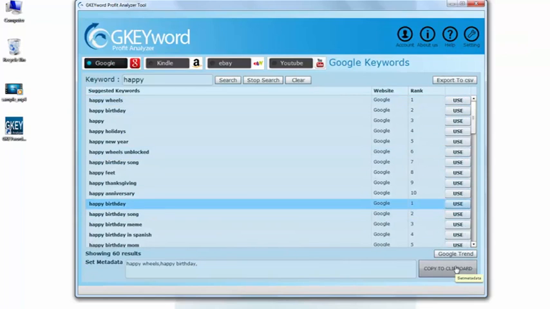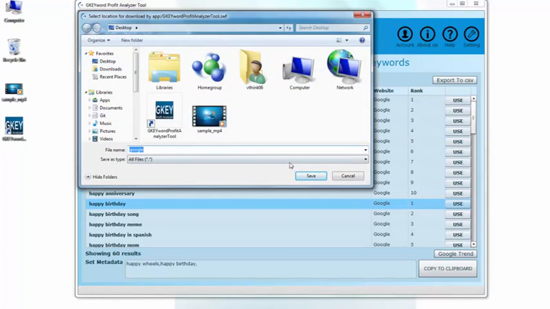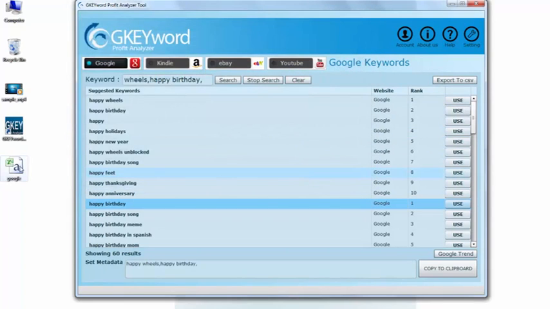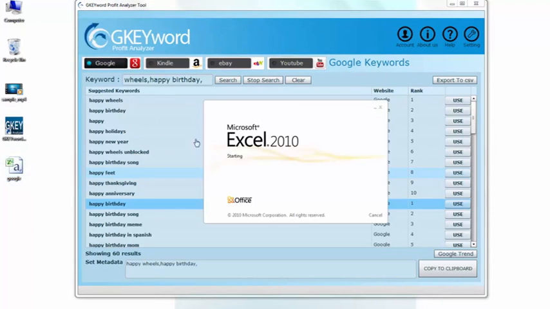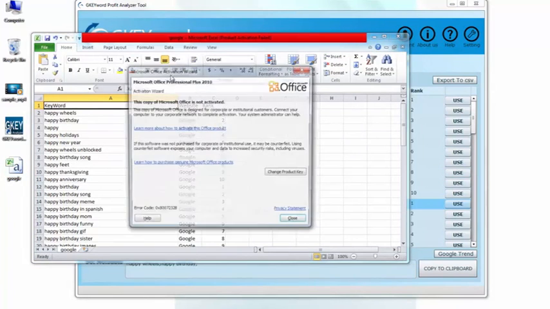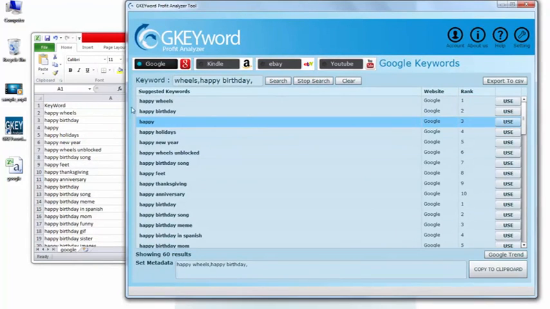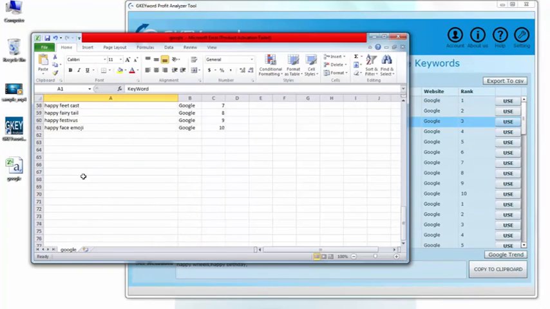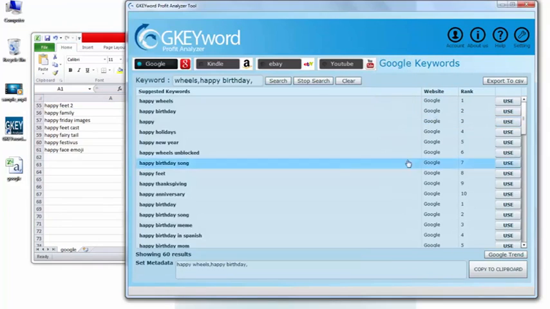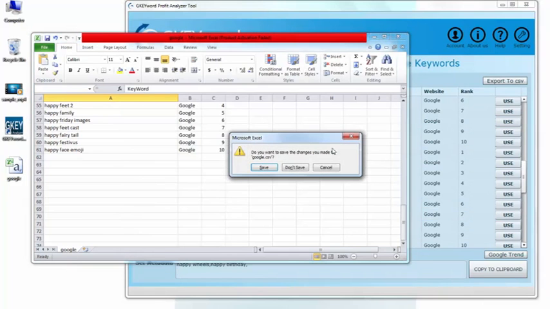Now you can click on the clipboard, so you can paste it anywhere, like in your website. Now we have one more feature: you can export all these keywords into a CSV file that is saved to your desktop. You can simply double click and open it in Excel. You will get all the keywords you have searched in the software. You can get all these keywords very quickly, and import the same file anywhere you want to use it, so you don't need to search the same keyword again and again.